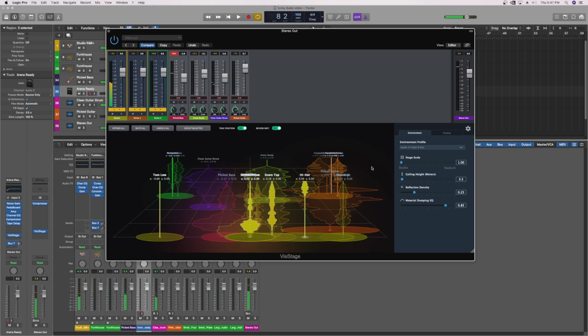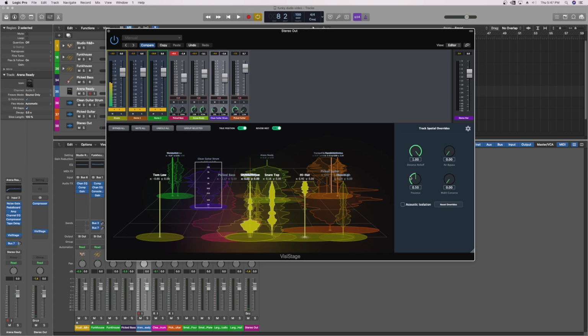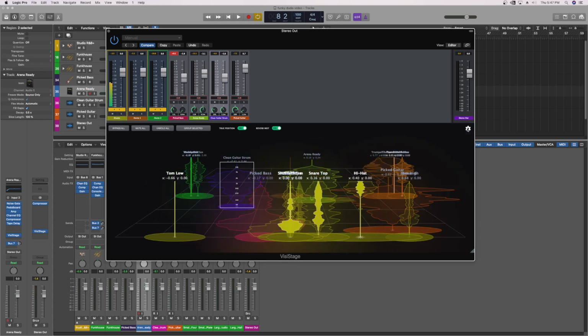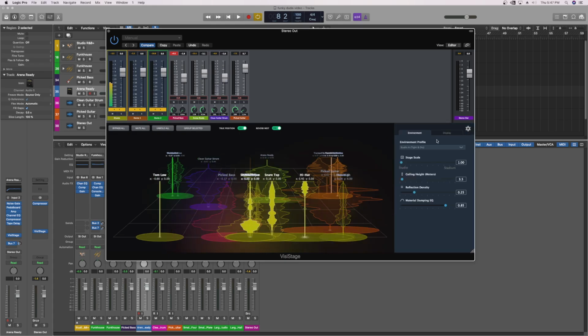So you can see that you've got full control over every single instrument as to how much it lives in that environment, for how much it is affected by the overall global environment settings for all instruments, so that you can set it for some ridiculously huge big stadium and then mix everything in tight around here,